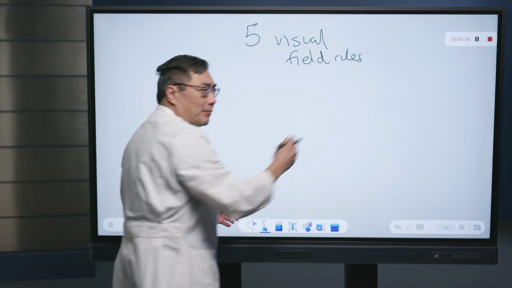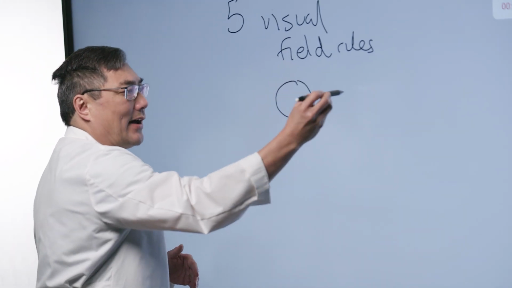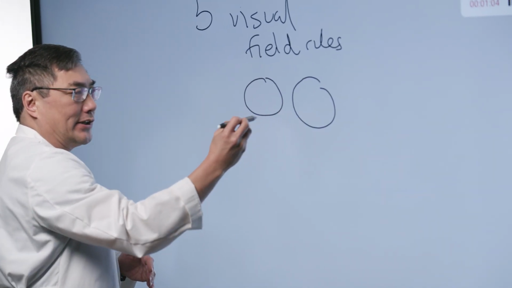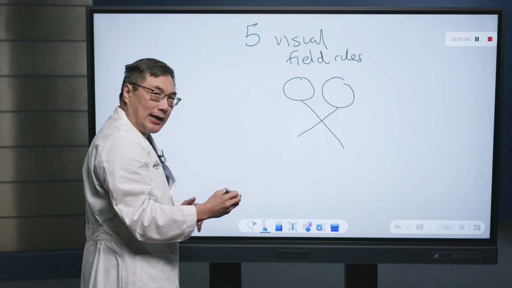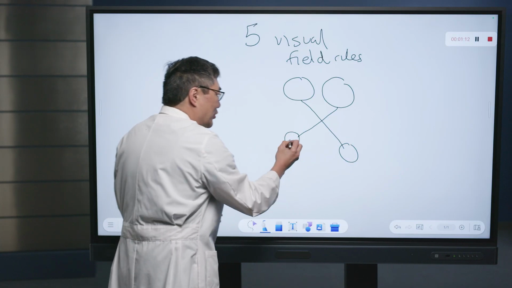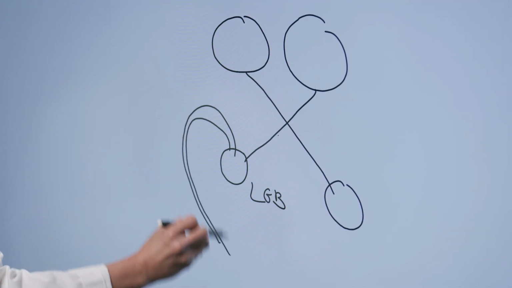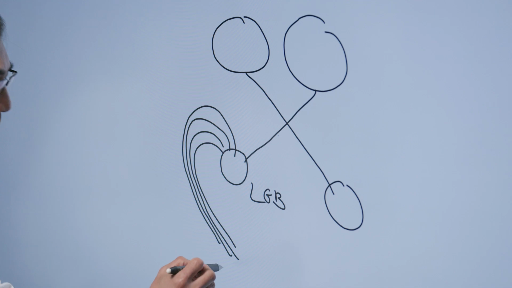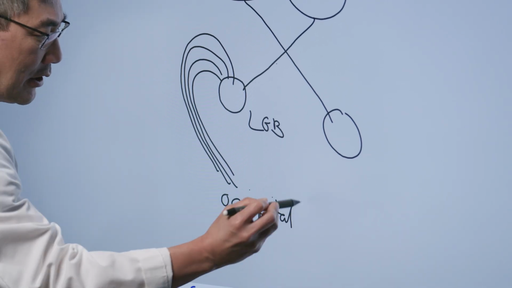And in order to apply these rules, we really need to know a little bit about the anatomy of how the visual pathway works. So here's the eyeballs, the optic nerve, the crossing point, which is called the chiasm, the tract, and then to the lateral geniculate body, and then the radiations which travel in the temporal lobe and in the parietal lobe to finally reach the back of the brain, which is the occipital lobe, which is where the